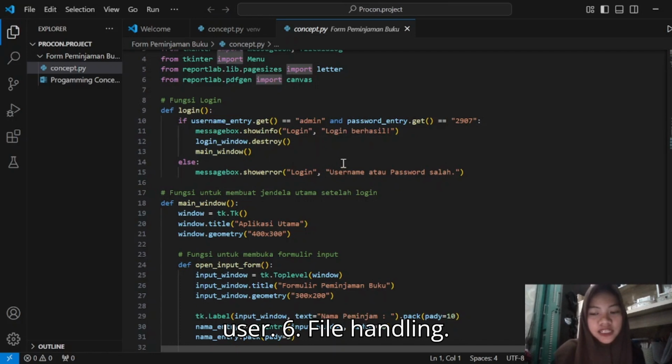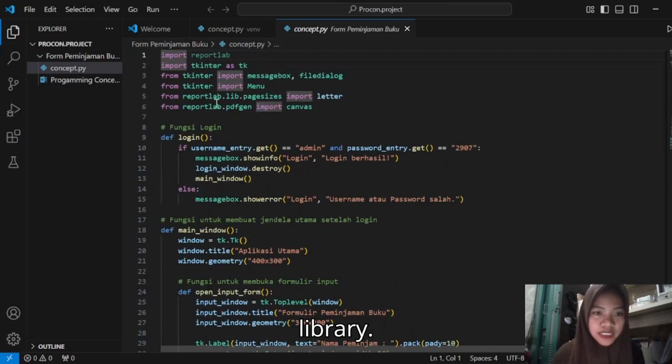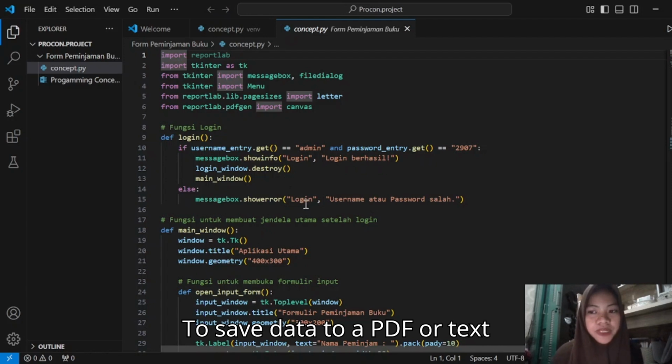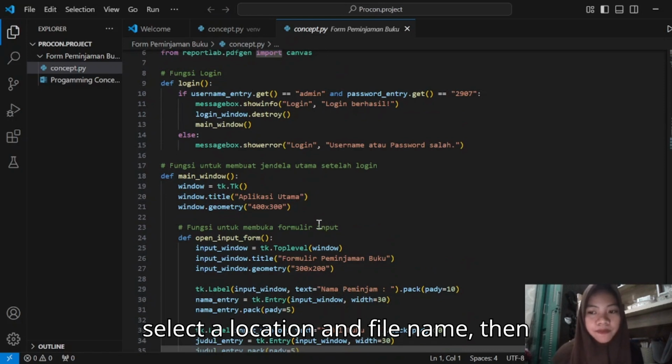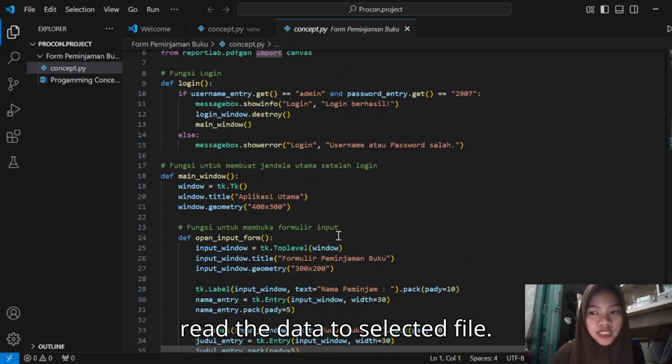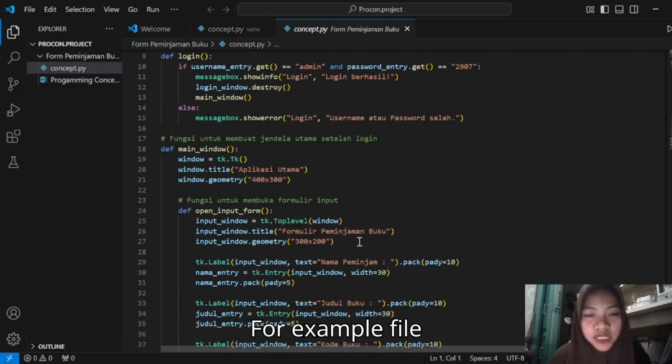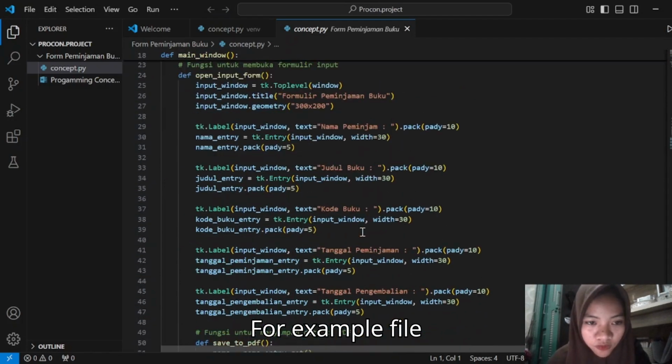Six, file handling. This code uses the file dialog library to save data to a PDF or text file. You open a file dialog to select a location and file name, then write the data to the selected file. For example, file write.